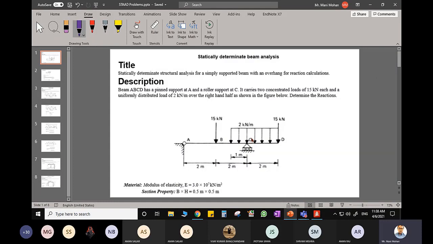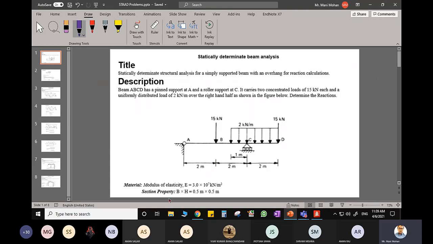But please remember, whenever you are using any analysis software or analyzing this kind of problem, you'll need these two properties. That is the material property. Material property, I mean to say of what material it is made up of. Of course, if I take concrete or steel, I can differentiate both material by comparing the modulus of elasticity. So you need to know what is the modulus of elasticity for this particular analysis problem if you want to analyze it using any analysis software.